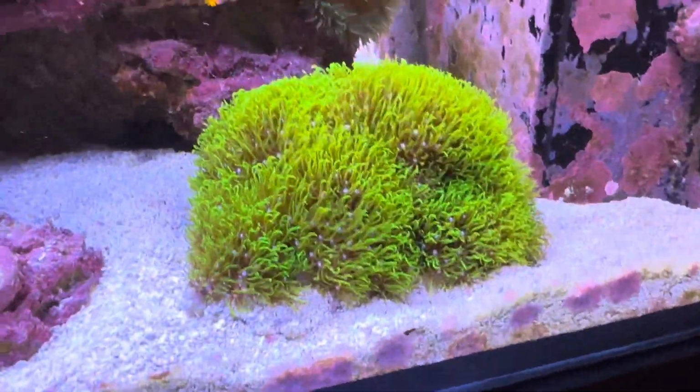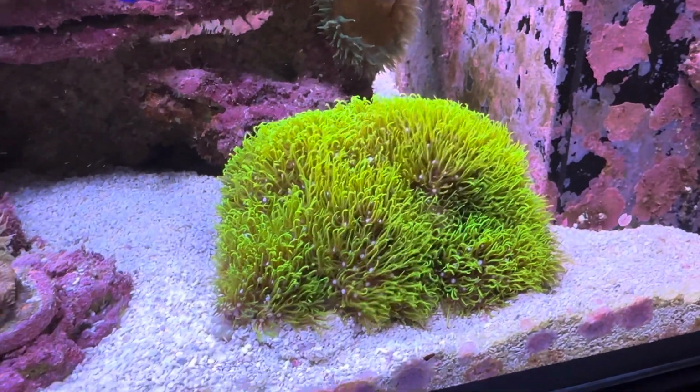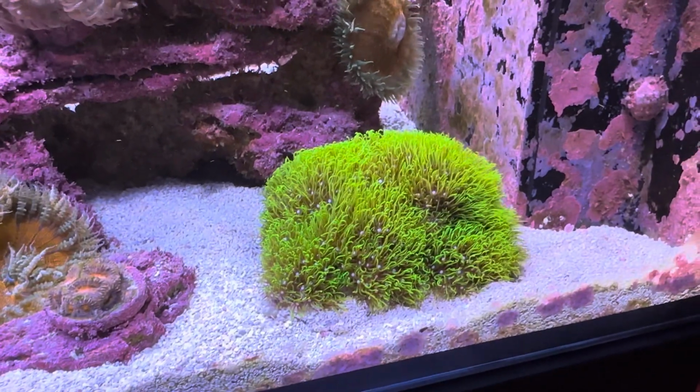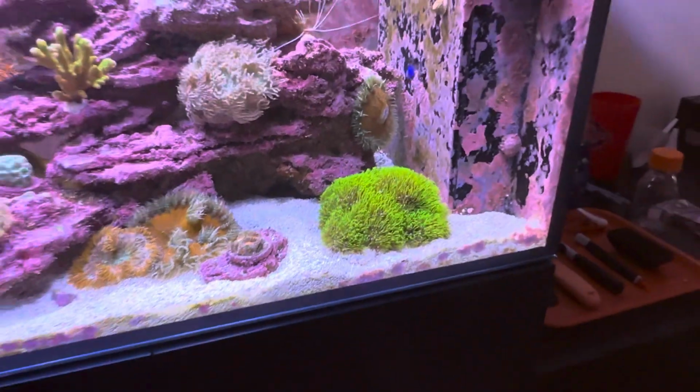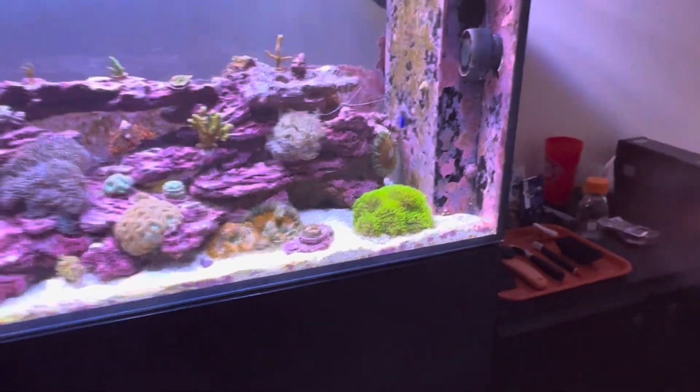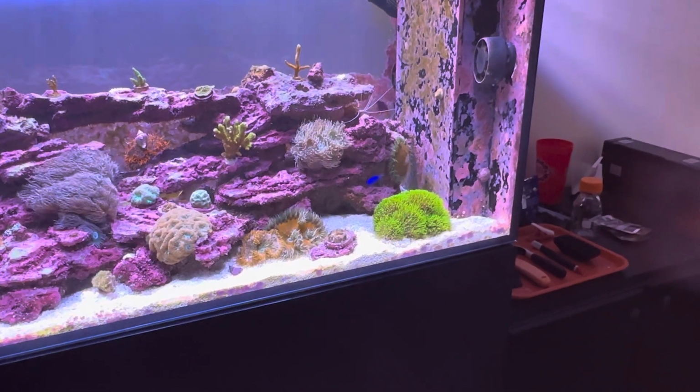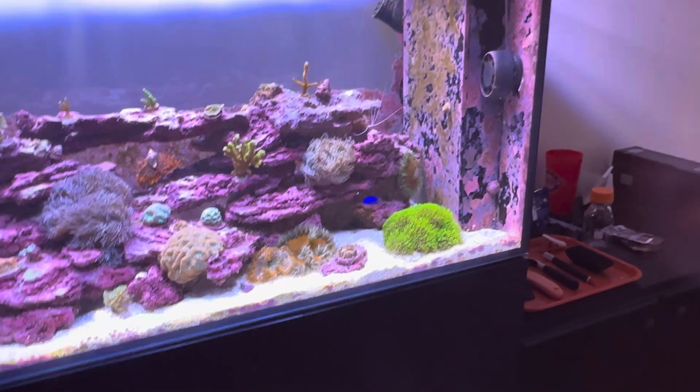Like you can see the flow on this right now, pretty standard for it. Just constant, gentle waving in the current. So, great option. Look, you can see how much it pops, even compared to corals around it that are more pastel color. I mean, it is luminescent for sure. So,